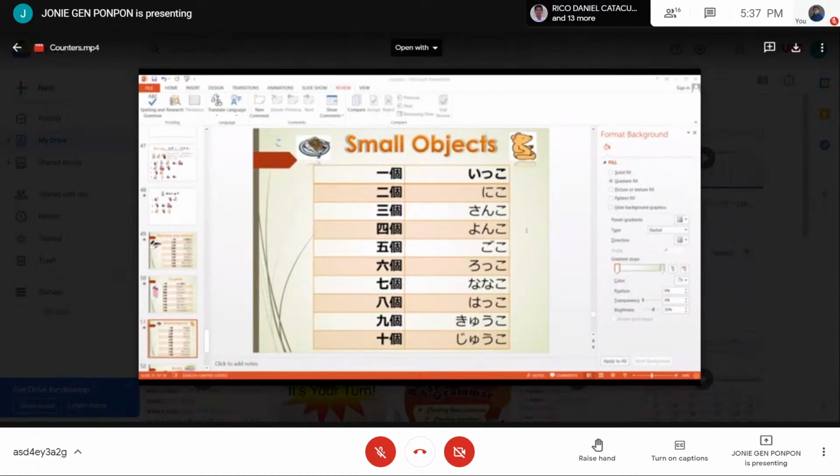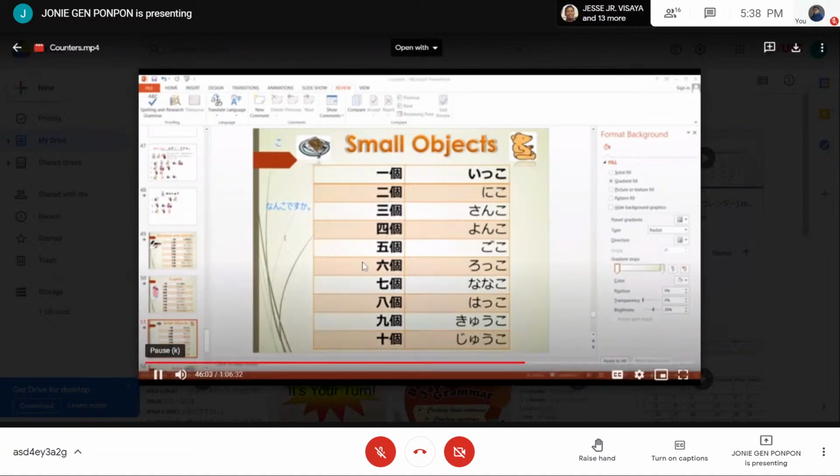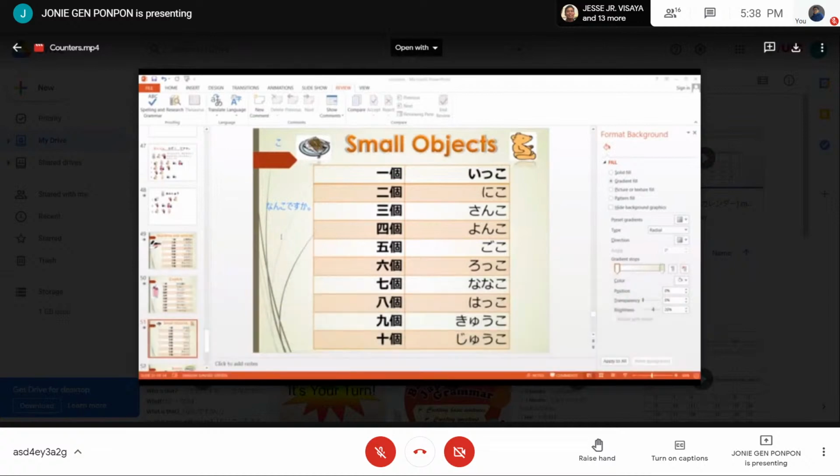So, for one small object, nanko desu ka? That's the question for asking how many pieces, how many small objects. Nanko desu ka? So that's how you ask the question for how many small objects. And then for answering, for one small object, let's say a ringo, an apple,